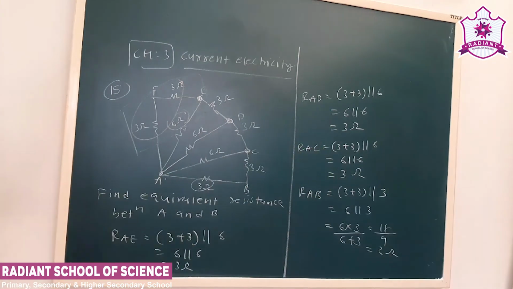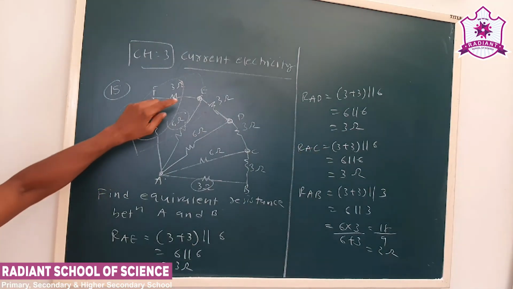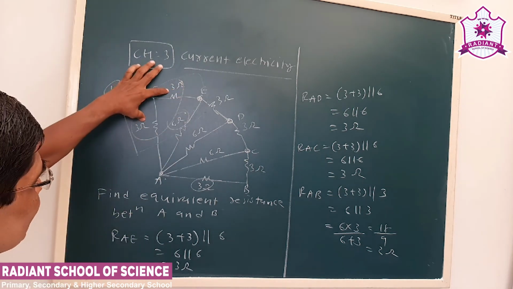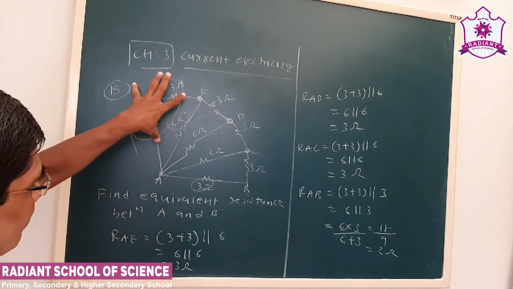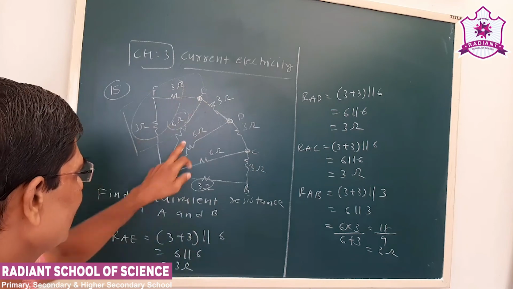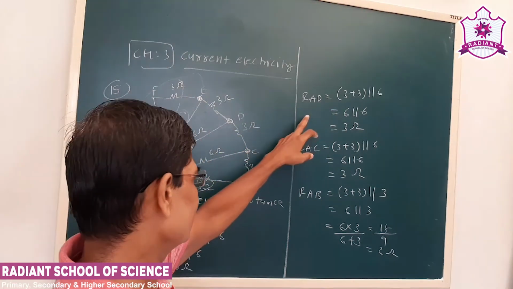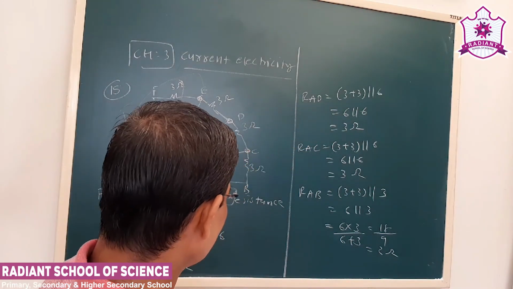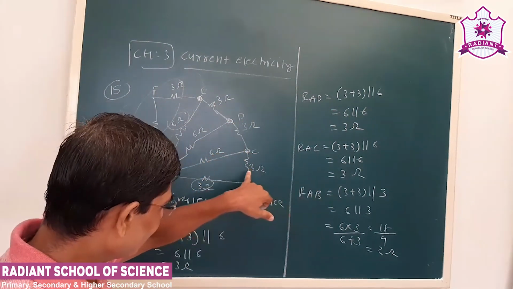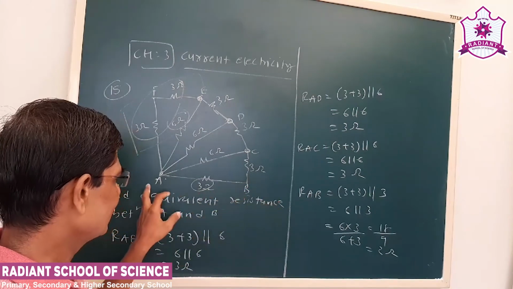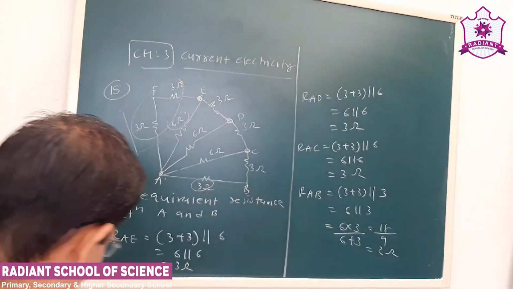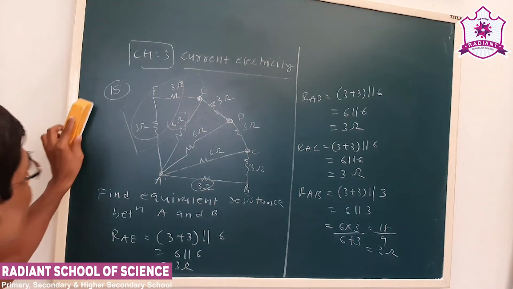This is how we can solve. See what we have done. First we obtained the equivalent resistance between A and E, that is 3 plus 3, 6 parallel 6, which is 3 ohm. Whatever answer we get will be in series with ED, that is 6 ohm, in parallel with 6 ohm, and we get RAD. Similarly we get RAC, and finally up to C we get 3 ohm in series with BC, and that will be in parallel with AB. So we get the answer as 2 ohm. This is how we can solve. See our next MCQ.